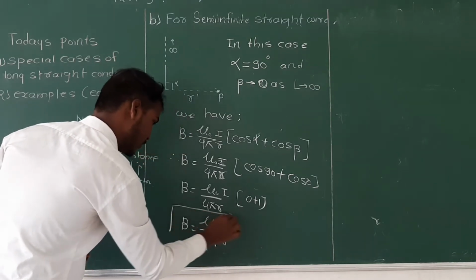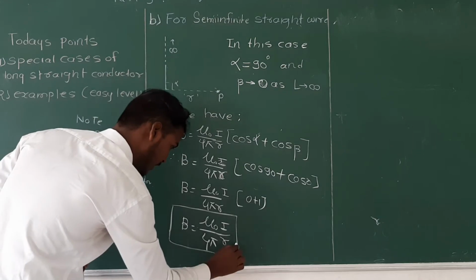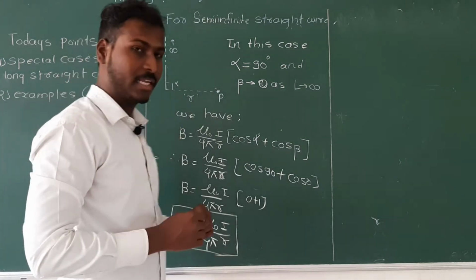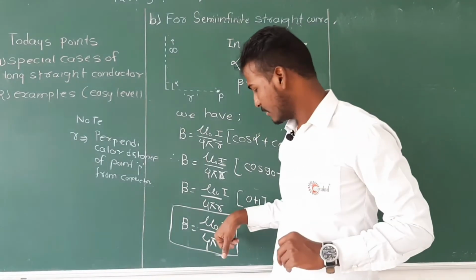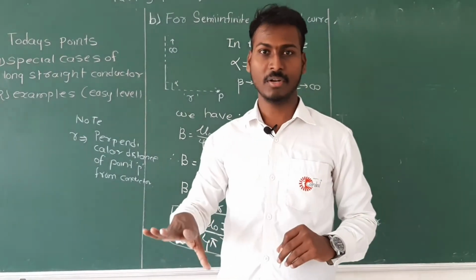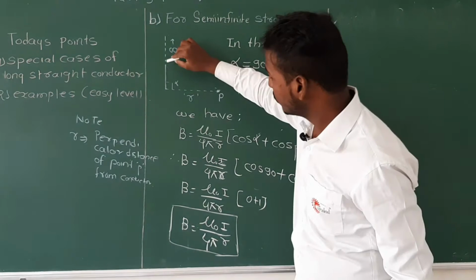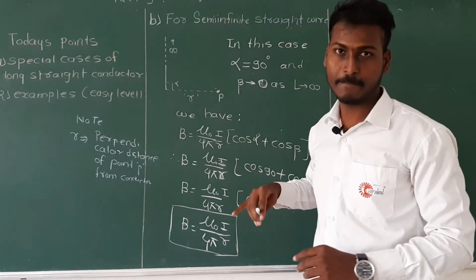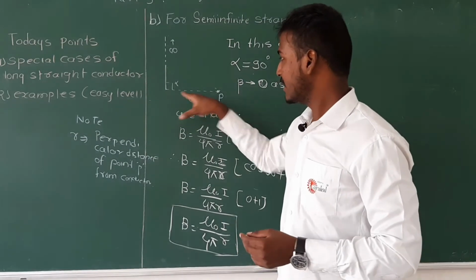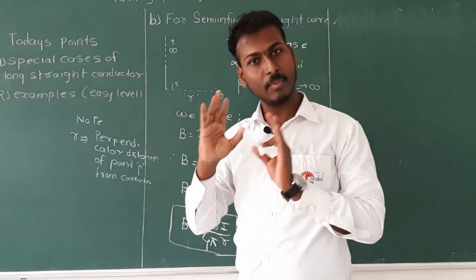This is the expression for the magnitude of the magnetic field of a semi-infinite long straight current carrying conductor at any point P, and R is nothing but the exact perpendicular distance. That means if you take a line like this, it will not be the R, this will be the R, and this will be the position vector. Any line other than the perpendicular distance will be the position vector.